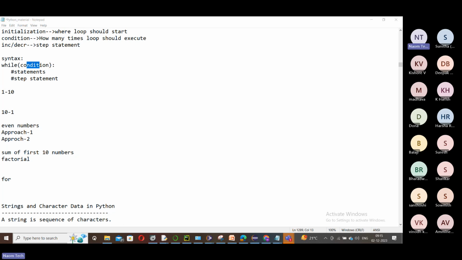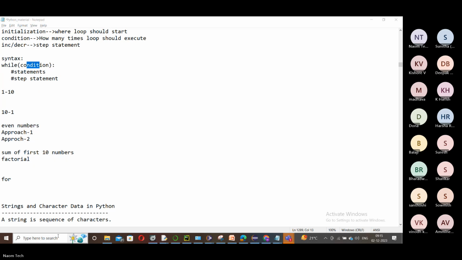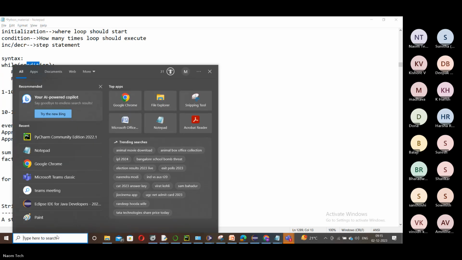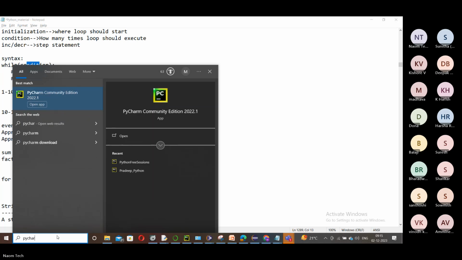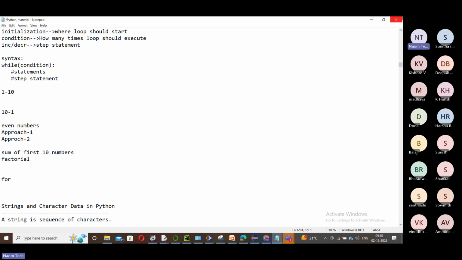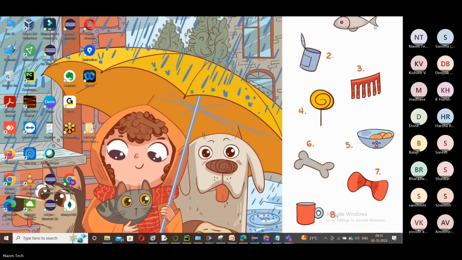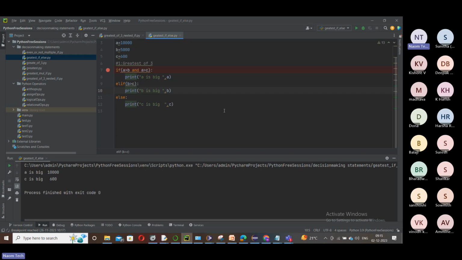Let's open. Just waiting for PyCharm to start. Sometimes it takes time. Yeah, here, if you see, PyCharm is started already.